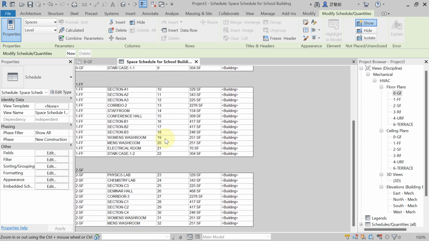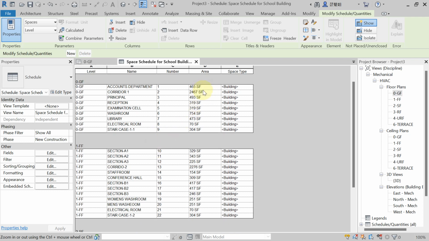Now second thing, we have done this setting. Now suppose I don't want to see this level again and again, because I have already given the ground floor level in header, so I don't want to see this level repeating here. I want to hide this level. Second thing, I want to see the complete area of each and every floor. For example, for ground floor, here in footer I want to see the complete area, and second I want to hide the level. So for that, again here in property palette you have to come to formatting,